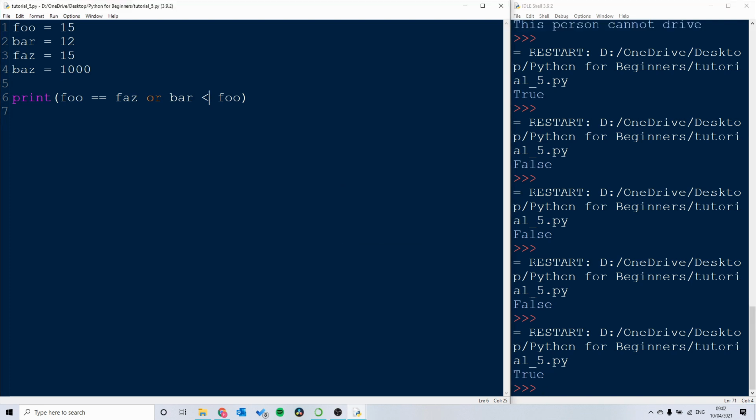However, now we see, if we change one of these to become false, so foo is equal to faz is true, however bar is greater than foo is false, then the overall statement with an or logical comparison will be true. And similarly, we could have this the other way around, so we might have foo is less than faz, and bar is less than foo, so we have a false statement and a true statement, and this is true. And then finally, if both are false, so if foo is less than faz, so 15 is not less than 15, and bar is greater than foo, so 12 is not greater than 15, so both are false,